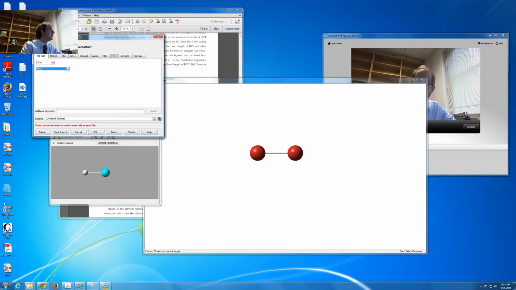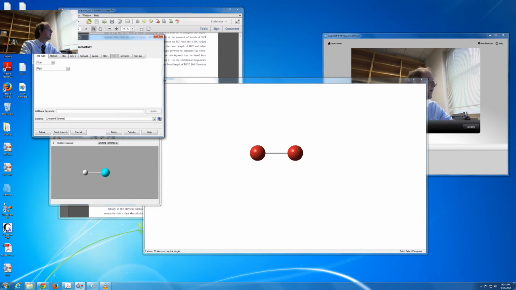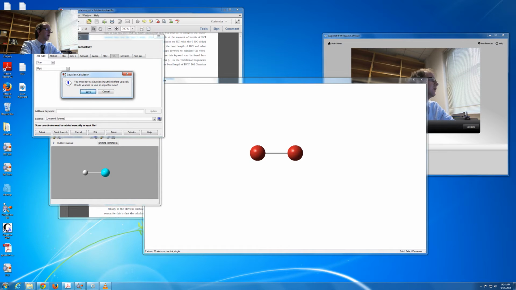And immediately you see this red line comes up at the bottom of the Gaussian input section where it says the scan coordinate must be added manually in the input file. And if we try and hit submit, we'll get an error and it won't actually let us submit the calculation to Gaussian. Okay, so we need to add this manually. So if we click edit and hit OK,